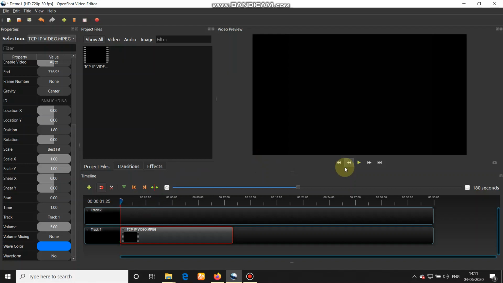So move to the video preview window and go for previewing.